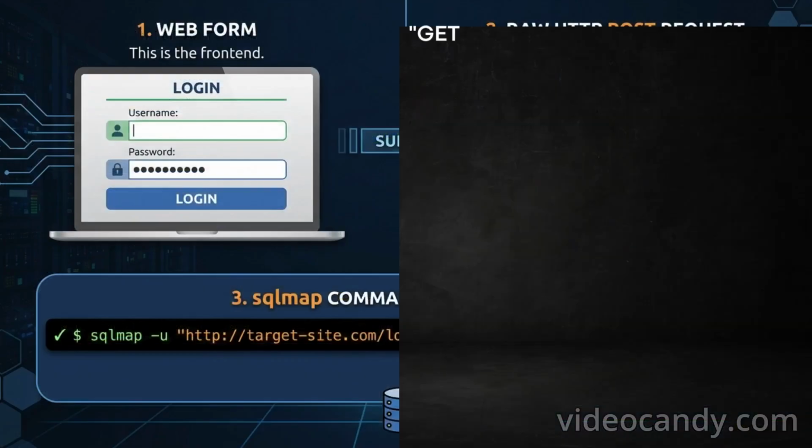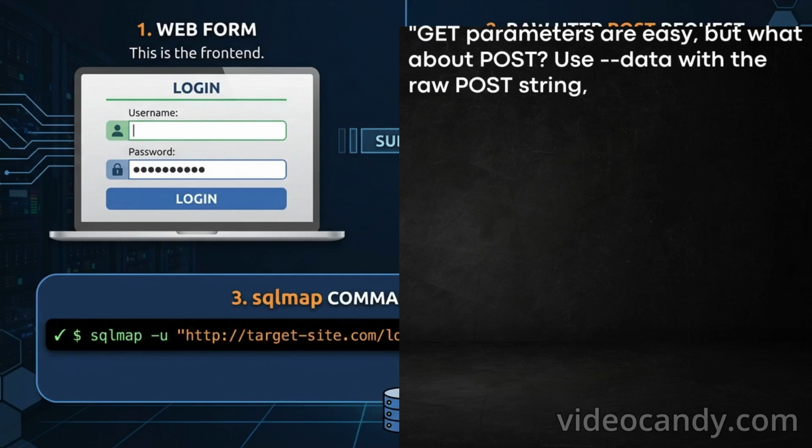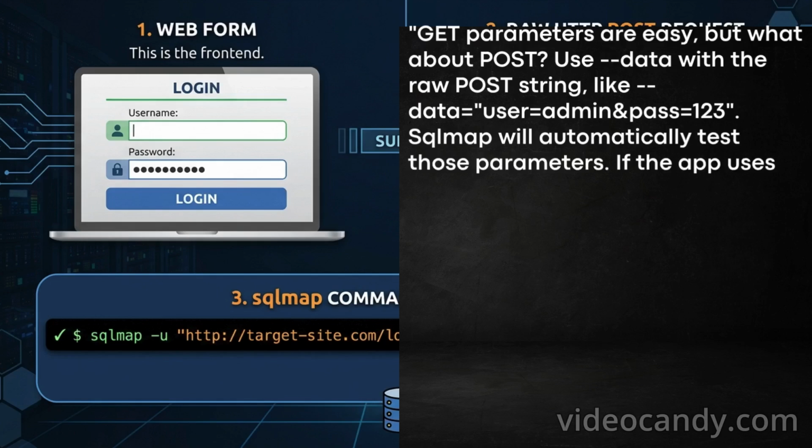GET parameters are easy, but what about POST? Use double hyphen data with the raw POST string, like double hyphen data equals user equals admin ampersand pass equals 123. SQL Map will automatically test those parameters.